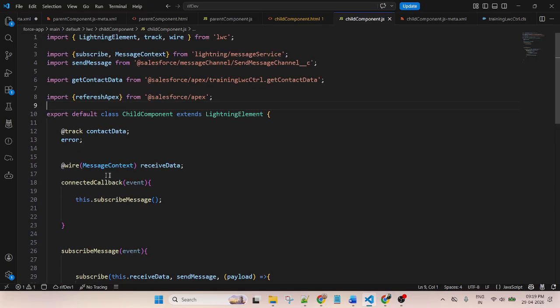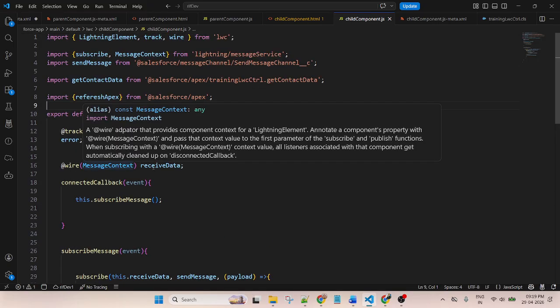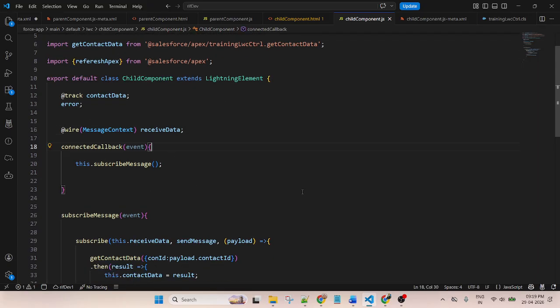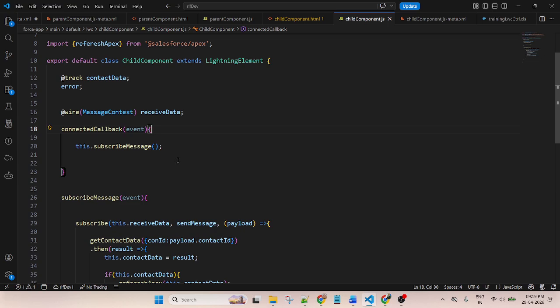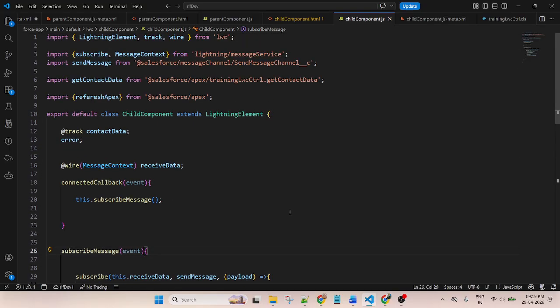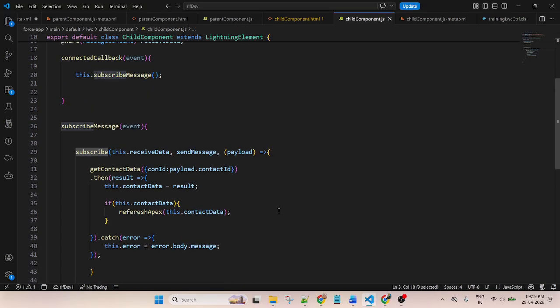Similarly, first I use the wire decorator so that it retrieves the data of the Lightning Messaging Service module. Then I use connectedCallback here, because when data is passed from the parent component to the child component, this connected callback executes automatically. In this connected callback, I am passing this function. In this function, I am passing the subscribe method, and so I am receiving the data.